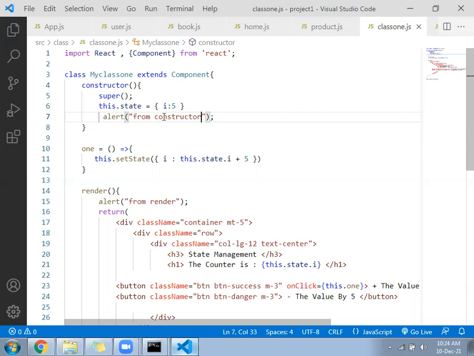People ask in interviews, what is the sequence of the lifecycle methods? We can say first is the constructor. After that, which one? Render. We have many more functions we are going to see.